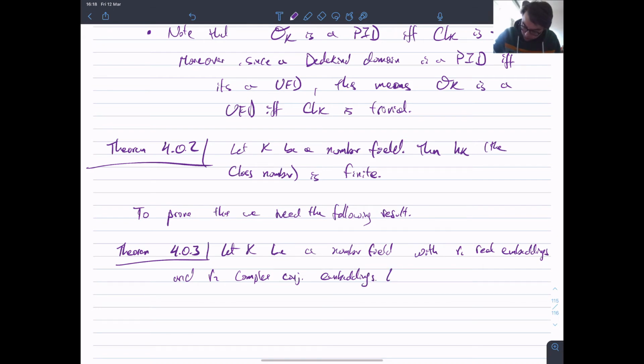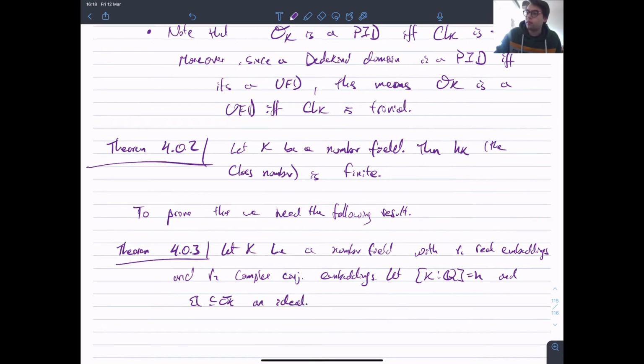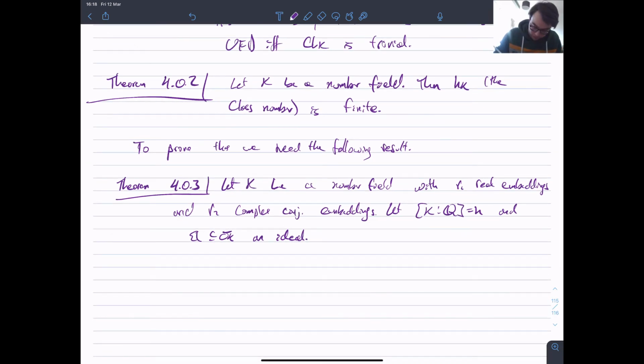I'm going to let the degree of this field be n, and I'm going to take some ideal A in O_K, an ideal. Then what's the result? Then there exists some little a in my ideal such that